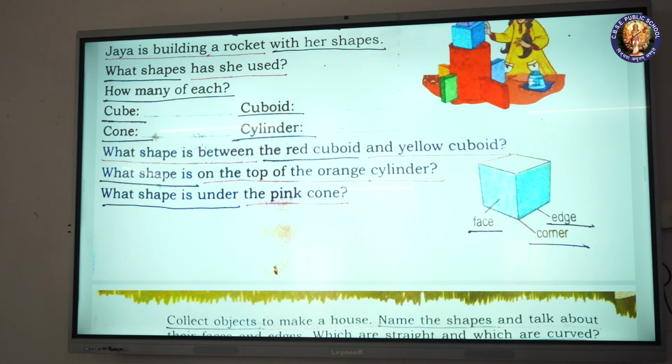What shape is between the red cuboid and yellow cuboid? What shape is on the top of the orange cylinder? What shape is under the pink cone? Face, edge, corner.